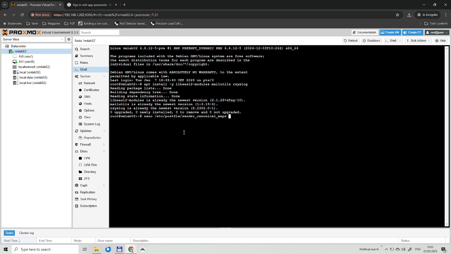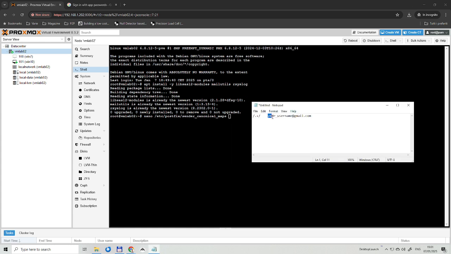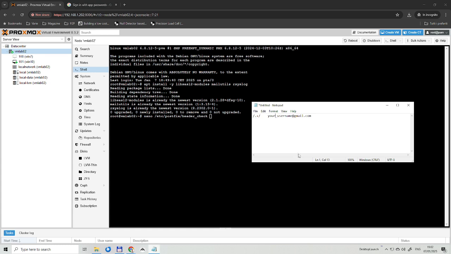You have to create this one file in which you are going to put this replacement regex. It will replace the sender with your user mail, and there is another file here, the header check. In this file, this is the syntax you have to use, and here you have to put your